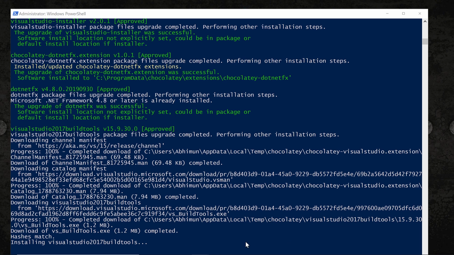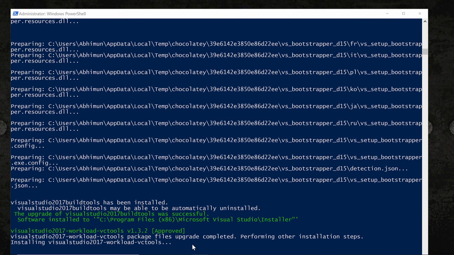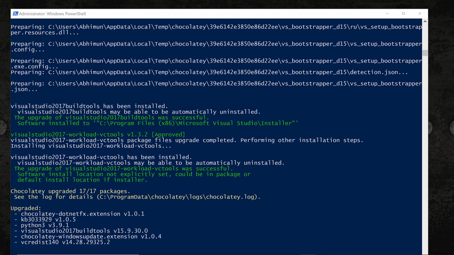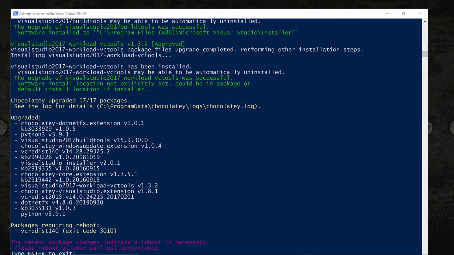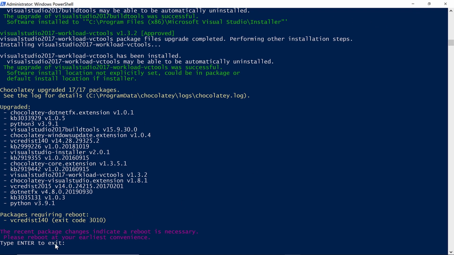Now it is installing Visual Studio 2017 build tools. We can see 17 packages have been upgraded and the recent package change requires a reboot. So reboot your system at the earliest. For the time being, type enter to exit the PowerShell.